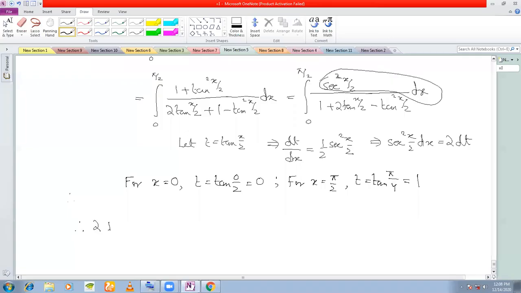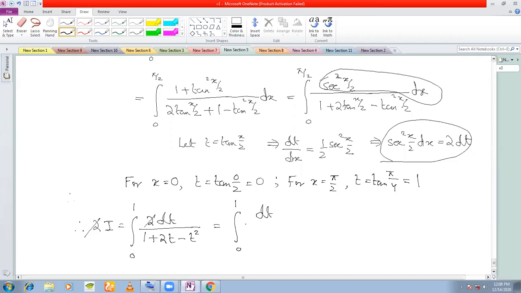So what does the limit change to? Therefore 2i is equal to integral 0 to 1. The limit changes. Sec square x by 2 dx, we have found out as 2 dt. So you put it here, 2 dt divided by 1 plus 2t minus t square. Okay, so clearly 2 and 2 here cancel off. You simply get integral 0 to 1